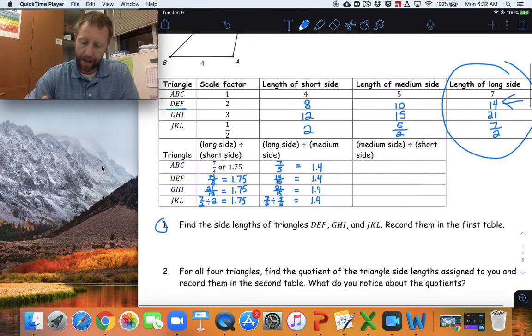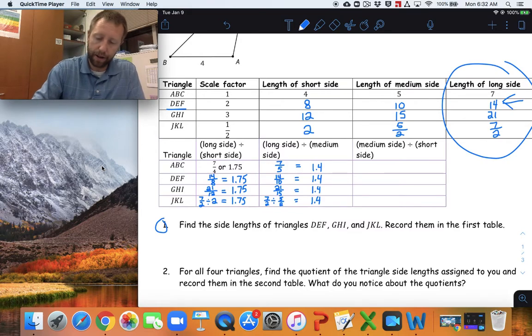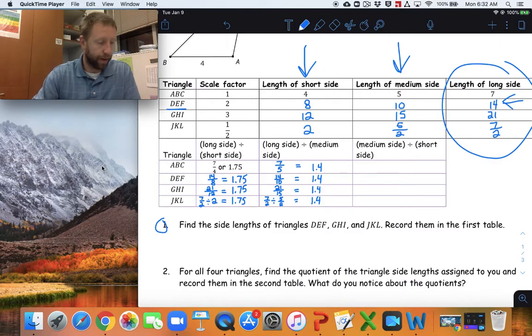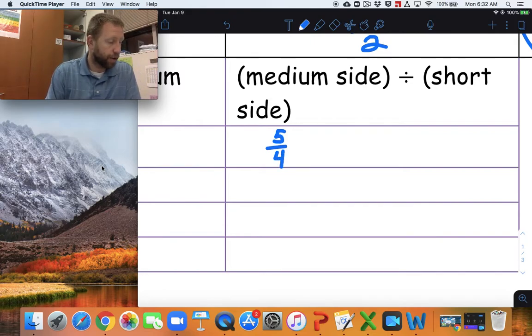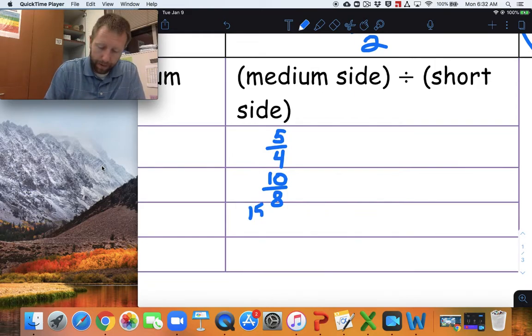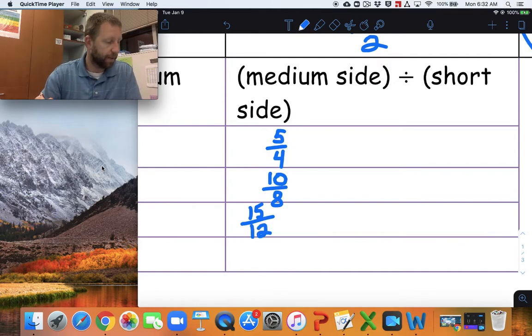All right, for the last one, now I'm doing the medium side, so that's this column, divided by the short side, and that's this column. So for the triangle ABC, that is 5 divided by 4. For triangle DEF, that is 10 divided by 8. For triangle GHI, that is 15 divided by 12. And finally, for triangle JKL, that is 5 halves